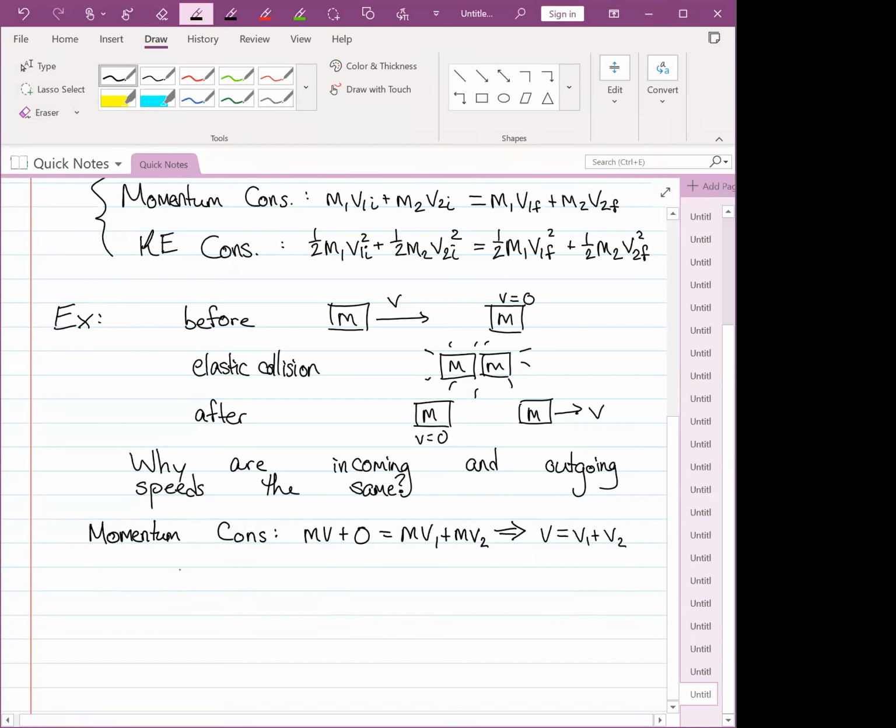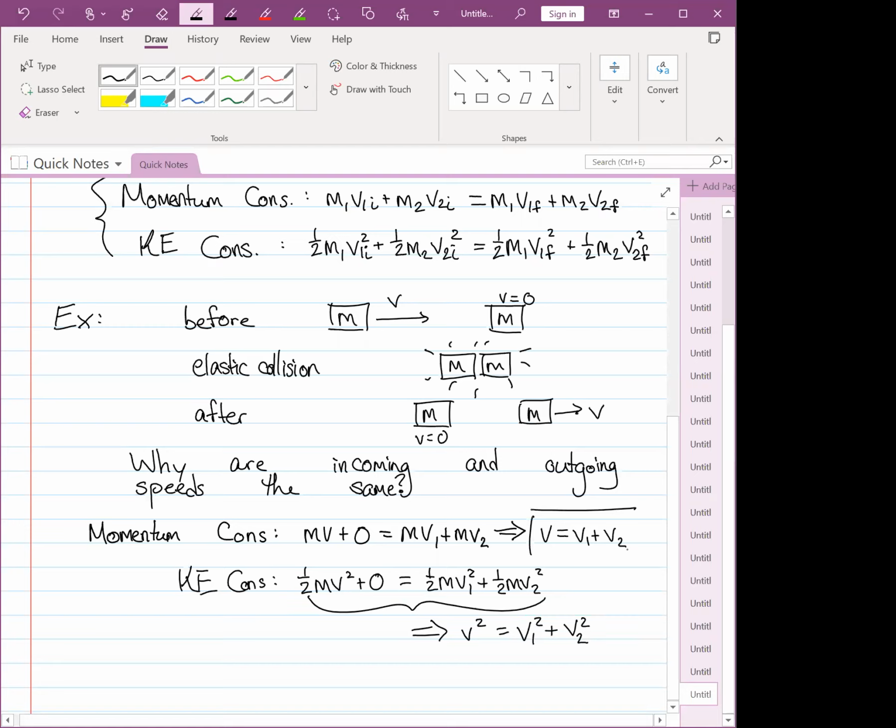And then we have kinetic energy conservation, which is that 1/2 mv squared plus 0 equals 1/2 mv1 squared plus 1/2 mv2 squared. And from this equation, we can again cancel out the m's, cancel out the 1/2, and we get that v squared has to equal v1 squared plus v2 squared. So we have two equations that we get from momentum conservation and kinetic energy conservation,